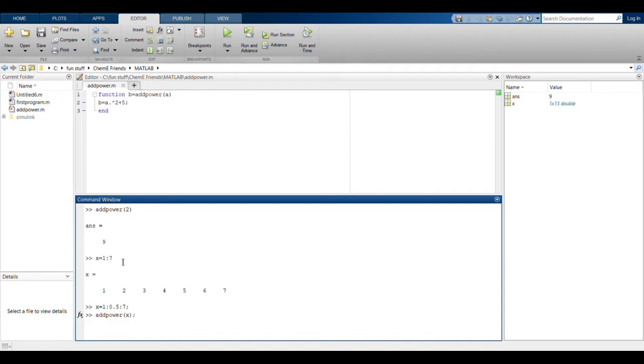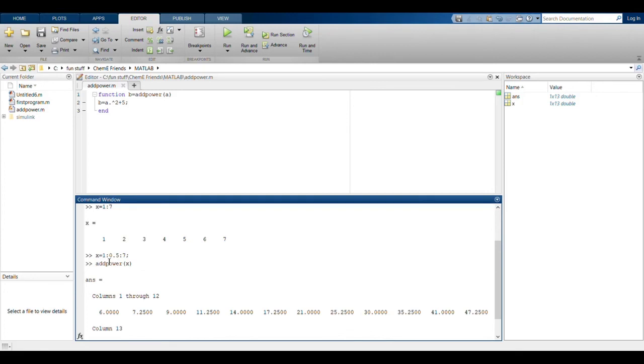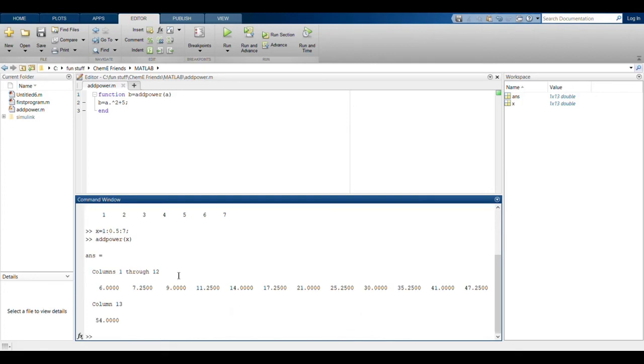We'll get an array of different values, since the function will be applied to each and every value of 1, 1.5 and so on to 7. We can also plot this output.